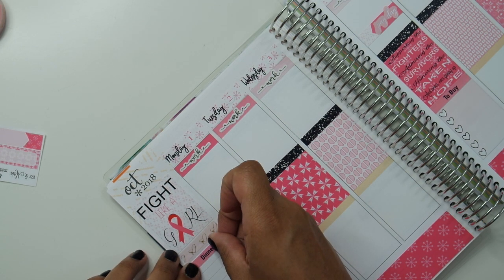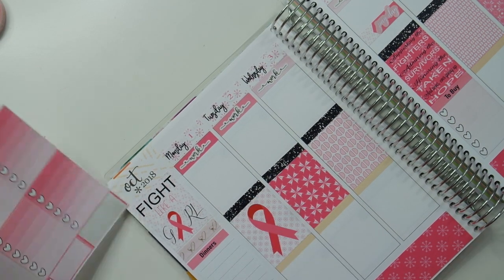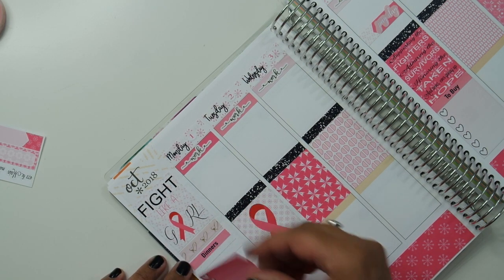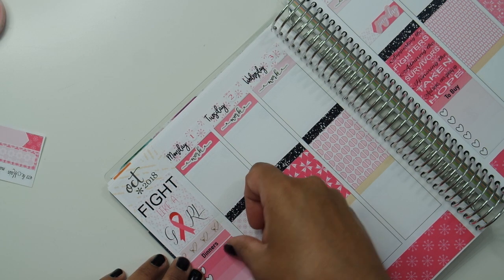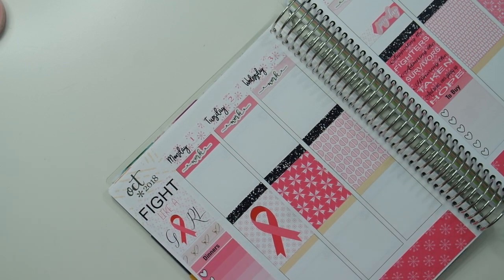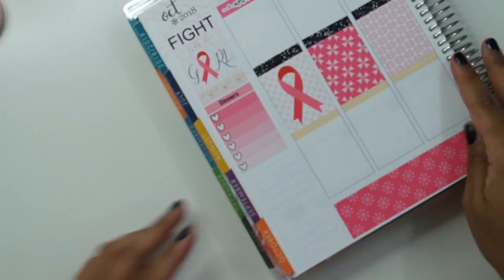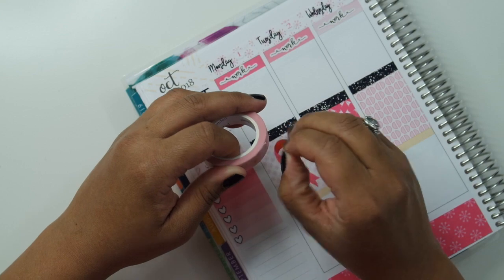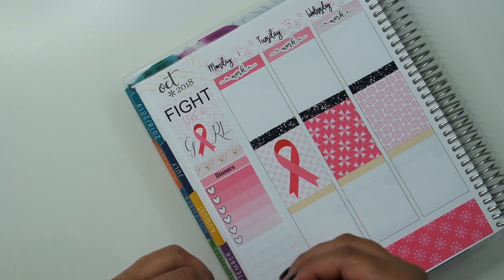So recently I saw a report that oncologists are asking some of their patients to stay on the tamoxifen for longer than 5 years. The normal amount of time that someone is on tamoxifen is 5 years. But what they're finding is that those that stay on it for 10 years have a smaller chance of getting cancer again. It's funny, when I saw that, I was only 3 years in, and I'm thinking about it because this tamoxifen stops